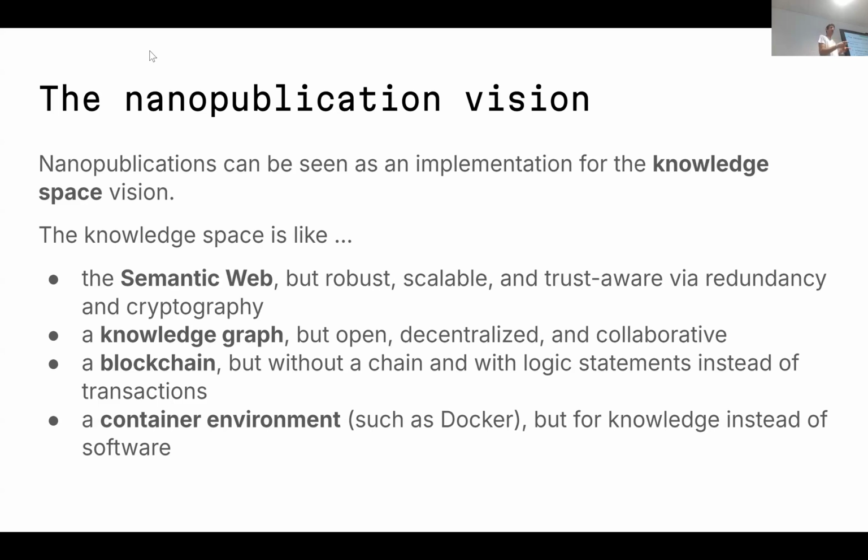So the knowledge space is a bit like the semantic web. So we want to do the semantic web, but we want to make it robust, scalable, and also trust-aware via redundancy and cryptography. So redundancy, meaning that the same things we publish are available in multiple places, so we can actually get it, and we apply some cryptographic methods, most importantly, that we hash these nanopublications and we give them an identifier that allows us to verify whether this is a nanopublication we are looking for, and to apply digital signatures. So we'll see that in a minute when we start creating our own